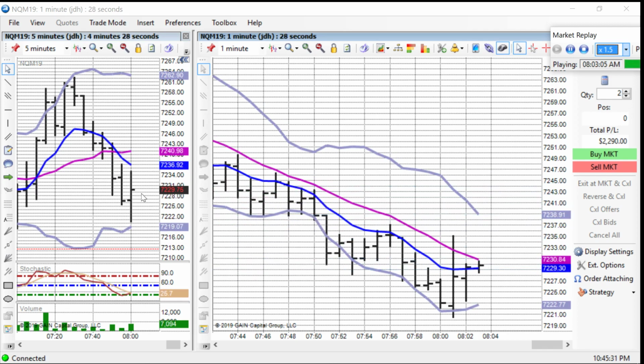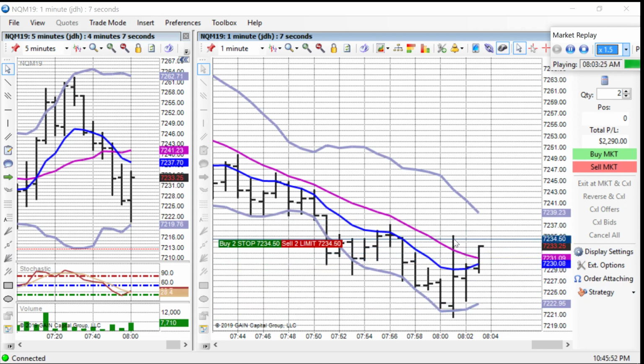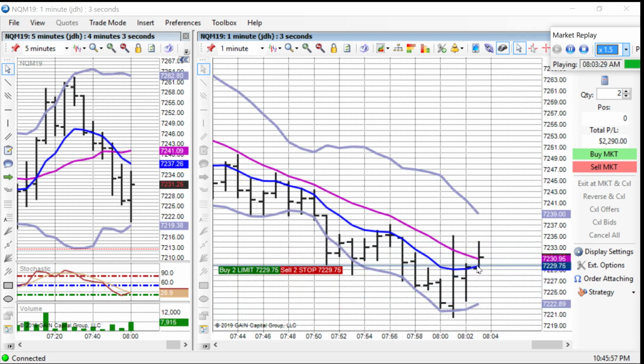And I want to see momentum back upwards towards the 5-minute 8 EMA. That could have been considered a, let's say, a 1, 2, 3, and might be successful going long right here, but